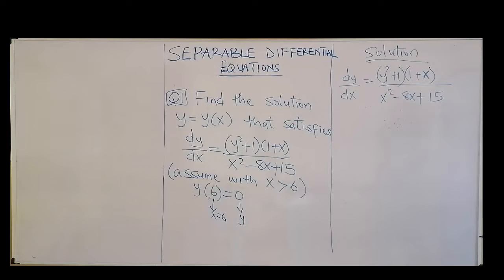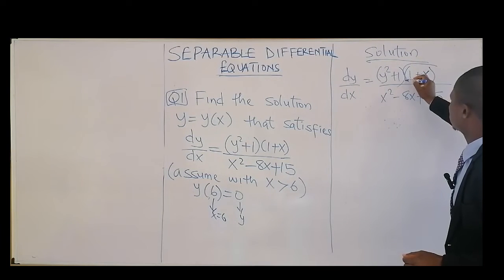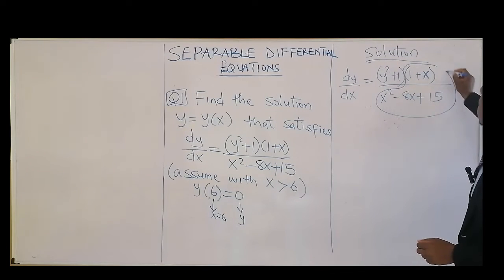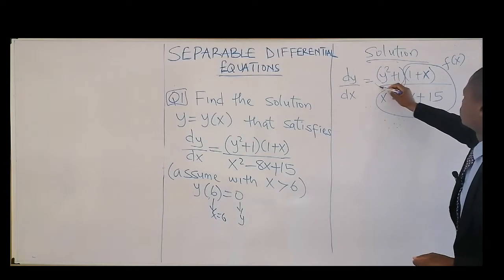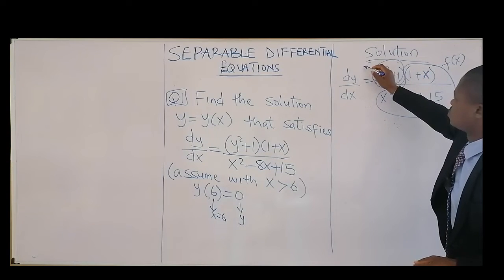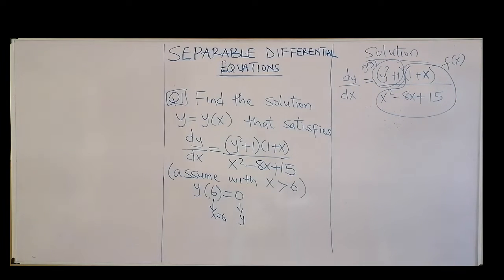That's very simple. What we're going to do is that if you check the question, you realize that it's a function of two variables, f of x and g of y. This one is a function of x, this one I circle here. So this is f of x. And this one alone here is g of y.